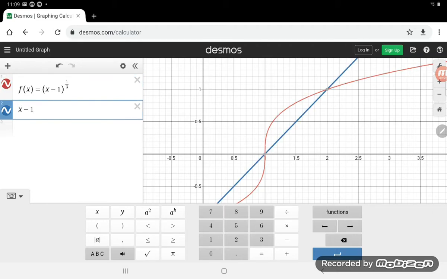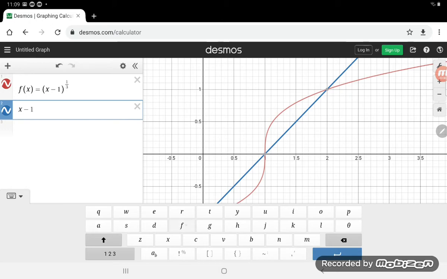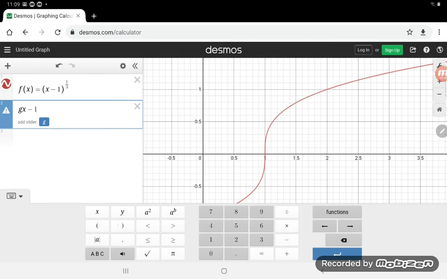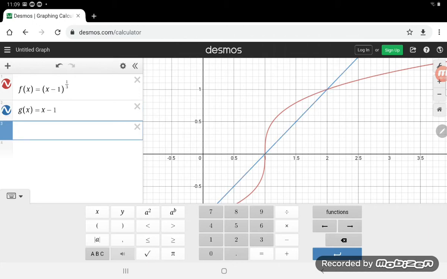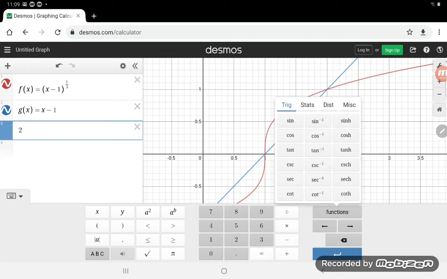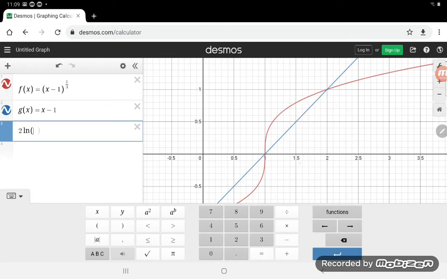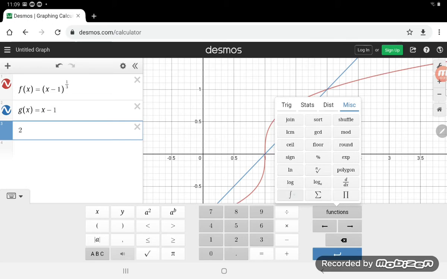And this one I'll call g of x equals, so I have those two functions. And now I want to take 2 times the integral. Oops, not the natural log. Let's try that again. The integral, there we go,